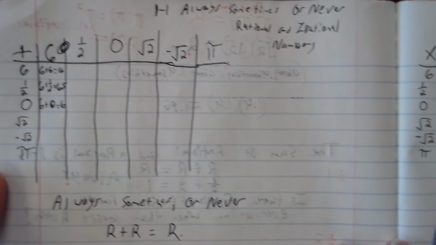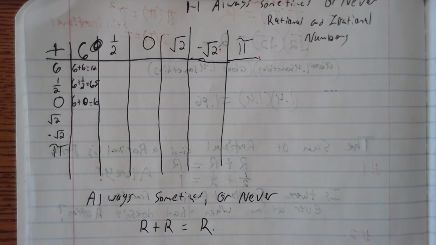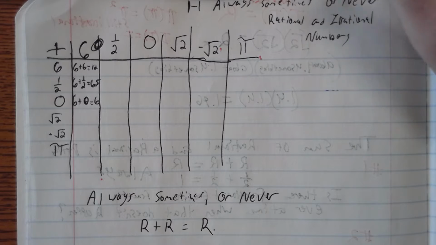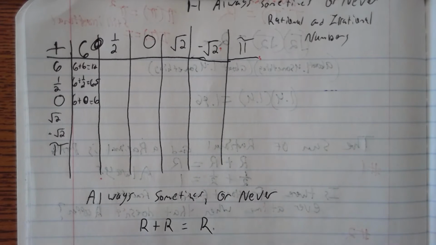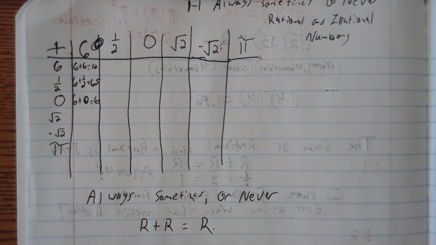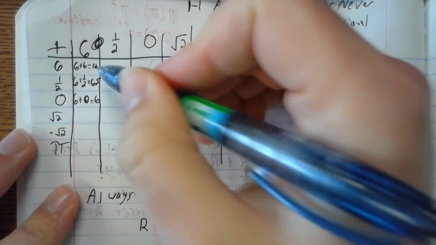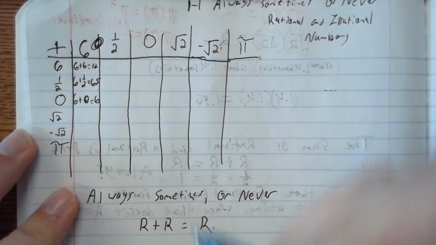We're going to start with the numbers that are being added and talk about those first three questions on the paper that deal with what happens when you add rational and irrational numbers. And so we can use the examples from the table to inform some of the statements that we're going to be thinking about. I've already started the table, right? We have 6 plus 6 to get 12, 6 plus 1/2 to get 6.5, 6 plus 0 to get 6,